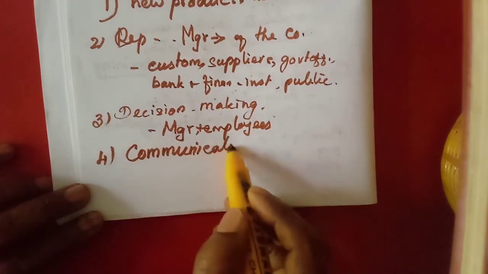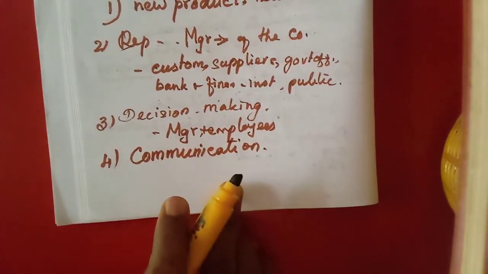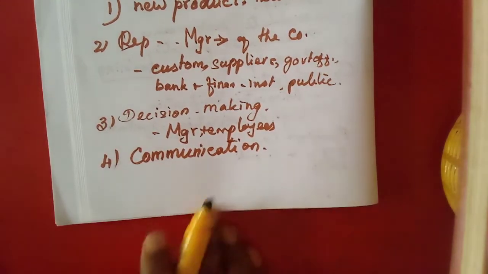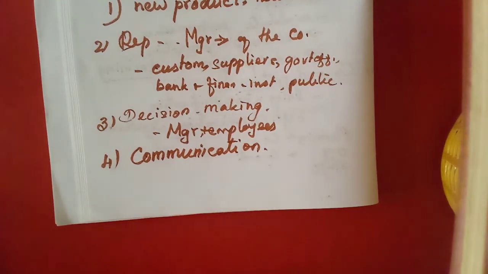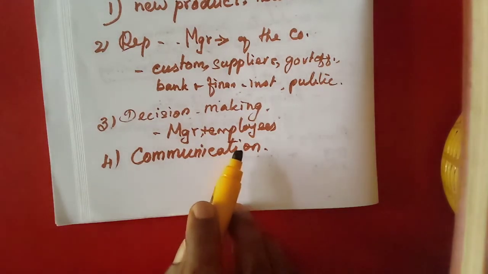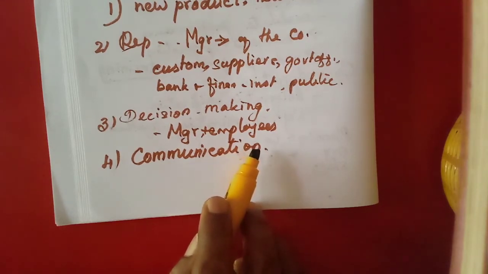Communication, even in the main functions we have seen, isn't it? How the employees are informed, the same thing is given. That is also considered a subsidiary function, because as a manager he has to communicate. Can a person who is not able to communicate his thoughts or ideas be appointed as a manager? No. He should have that common language, isn't it? It's communication itself, passing on the information to others.